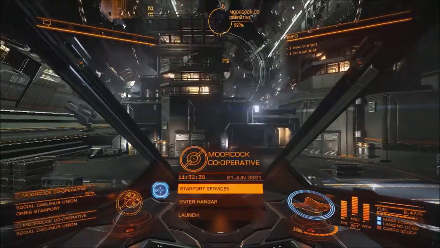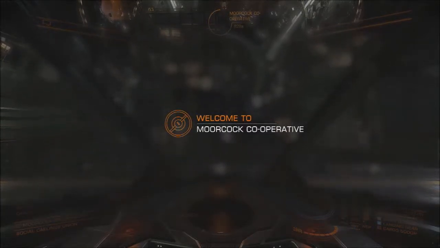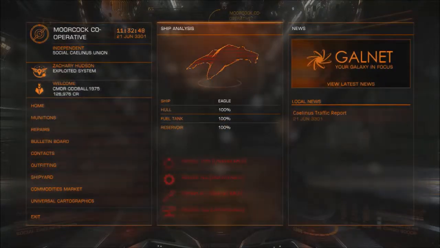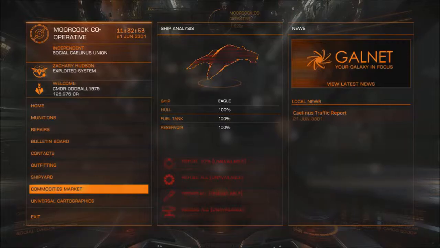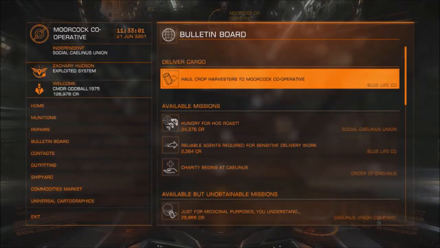Docking successful. I'm obviously going to call this one Moorcock, considering the name of this station. Now, this is my second episode. In the first episode I grabbed a hauler and flew to Slough Station. That was the first thing I wanted to do when I got on this game. Now I've played for a few more hours, got a little bit further along, and I'm going to go through